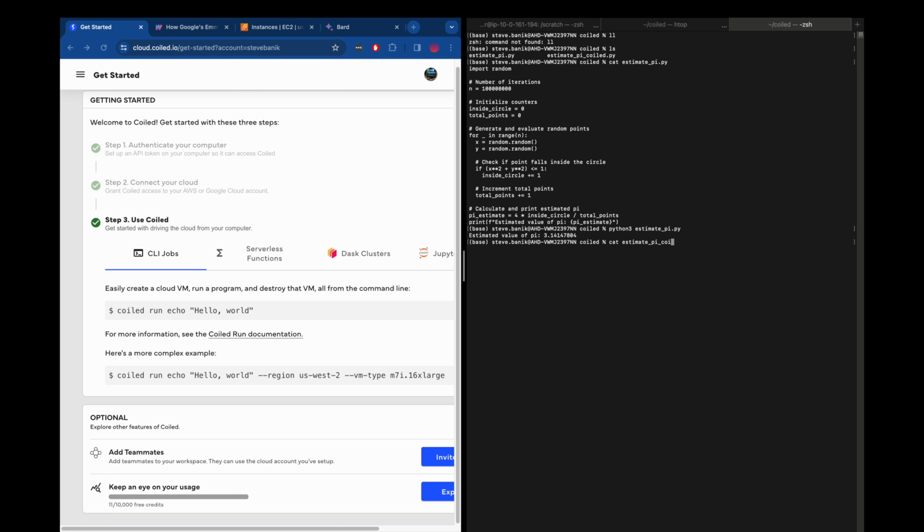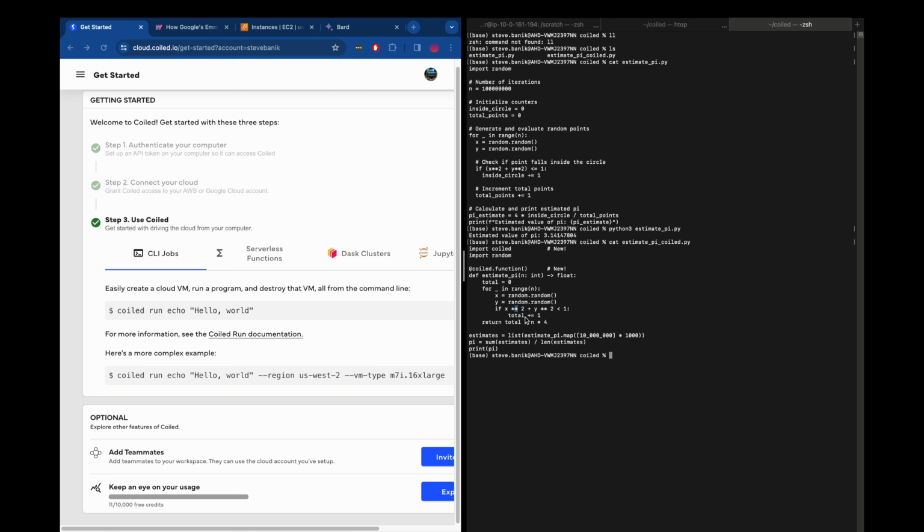the Coiled library. And the key difference, it's basically the same code, but we are going to map these jobs out in a distributed manner on a cluster that we're about to build. So we've got a function, we initialize a counter, we have a range, and then we generate those random numbers and multiply to see if it's less than 1, increment the total, and return the total divided by n times 4. So it's basically the same thing, just written a little bit differently. So using the Coiled function this time. So when we run this,